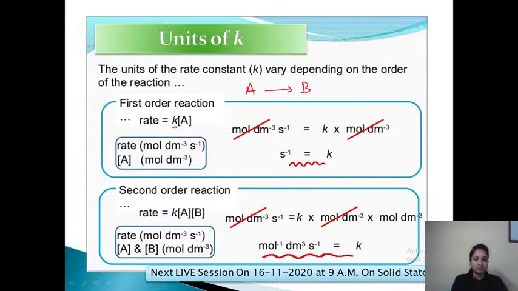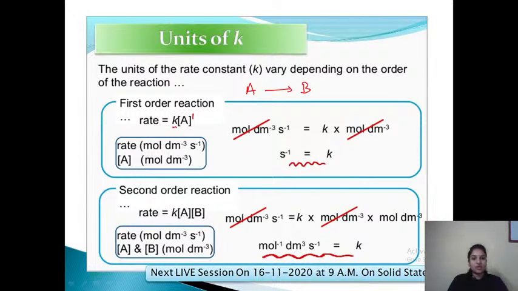X raised to m, y. We need to find the unit of this particular k, the rate constant. Rate, you know, is mole per liter per second. Then k we can write... Concentration unit is mole per liter or mole per dm cube. Mole per liter gets cancelled. The unit for a first order reaction, that is concentration raised to 1, will be second inverse.